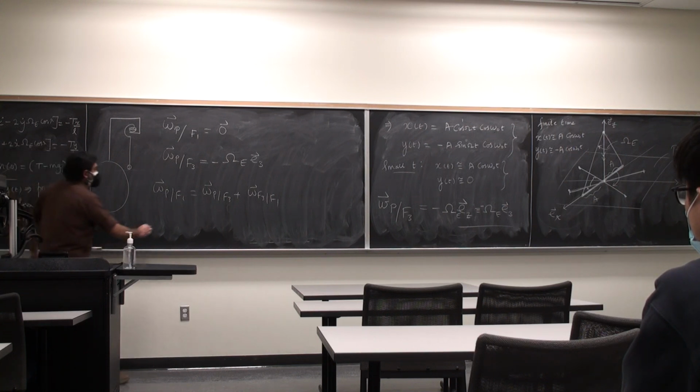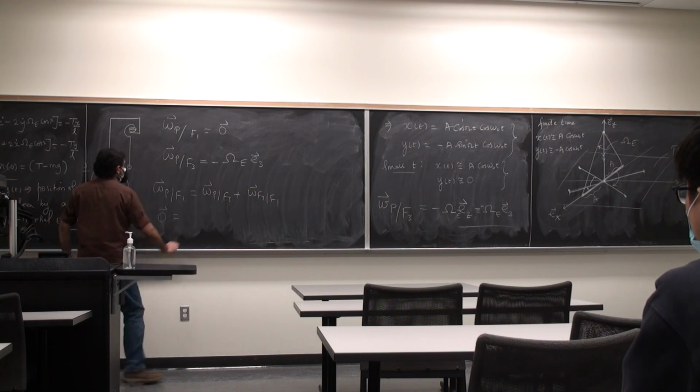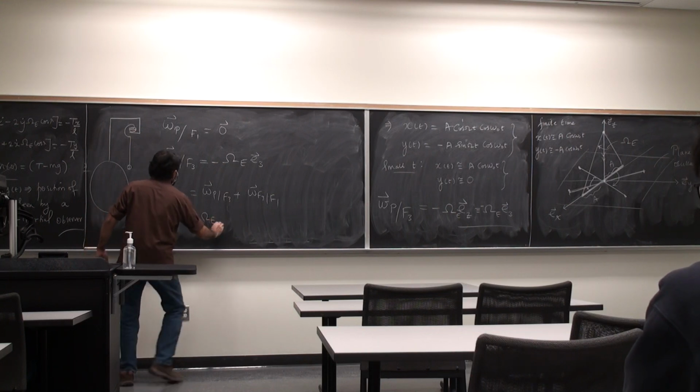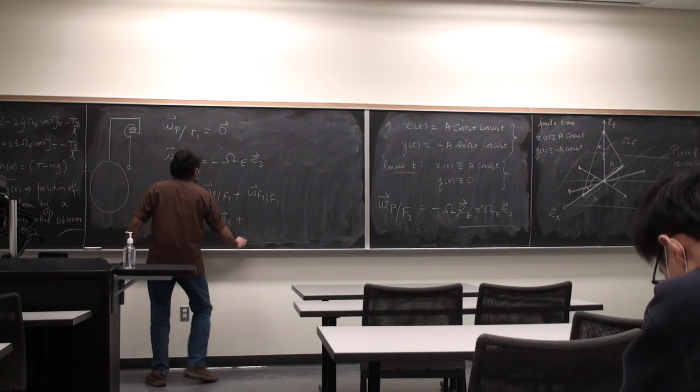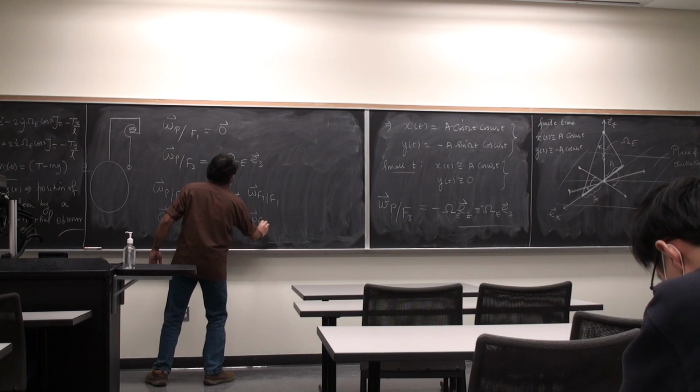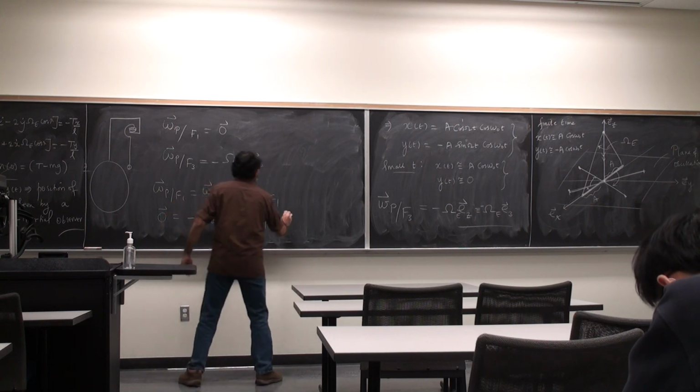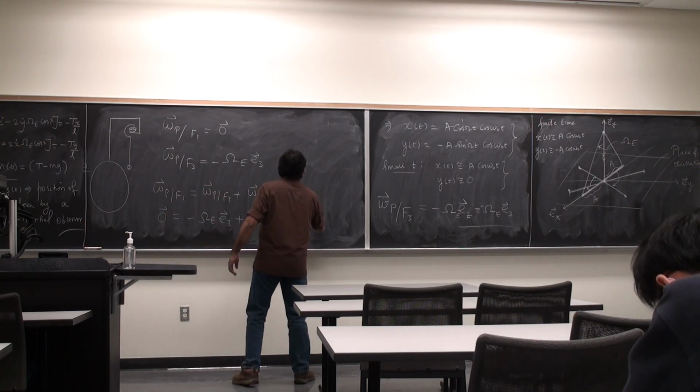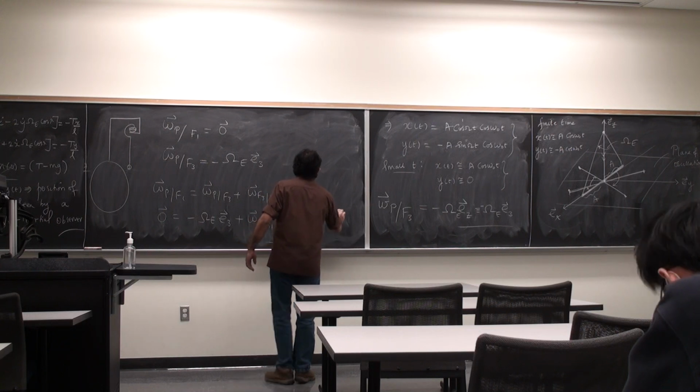This is 0, is minus omega e3 plus f3 slash f1, so plus